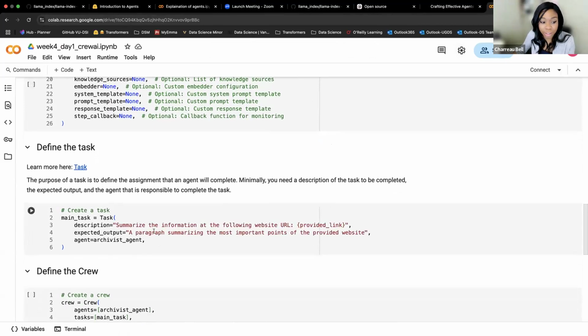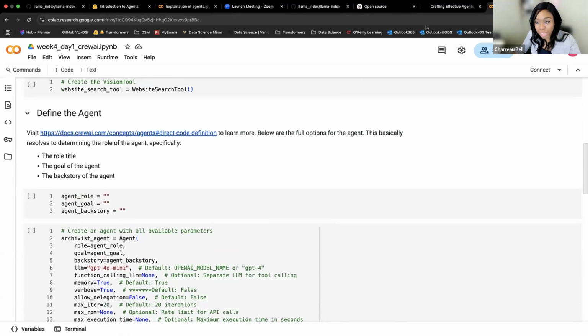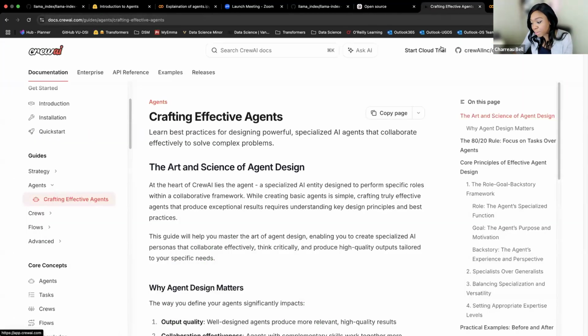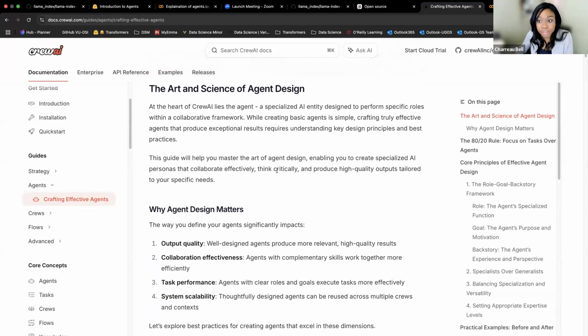Other than the framework itself, we pretty much live and die on the words that we write that describe how our agents should behave and how our tasks should be executed. Because of that, we need to write really good agent descriptions: the backstory, and the role.